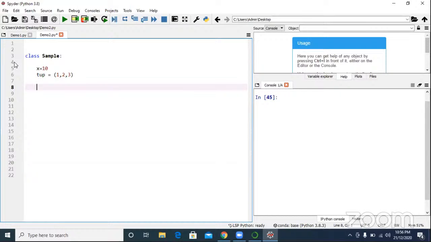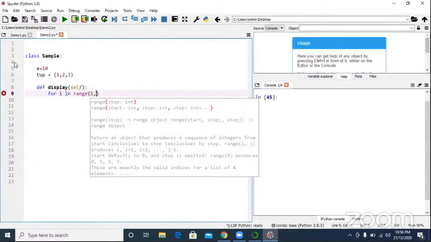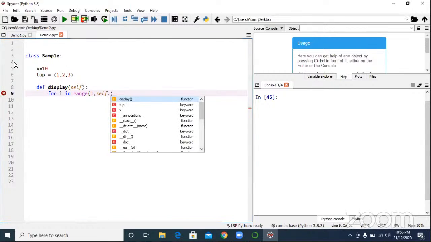What are they? x equal to 10 and tup equal to 1, 2, 3. Very good. Definition display, self, for i in range 1, self dot x.